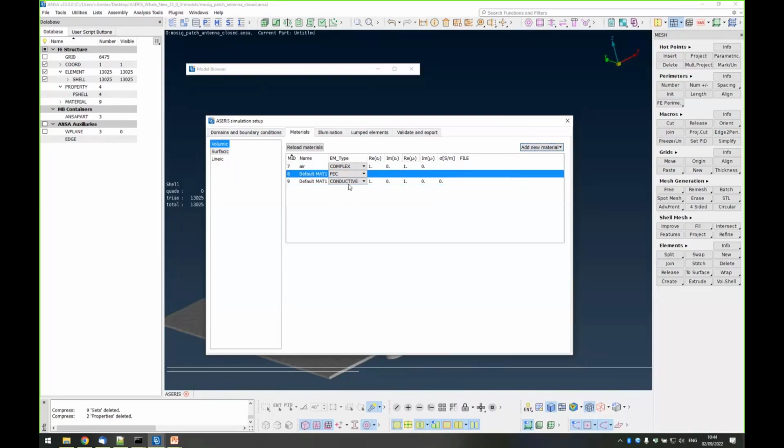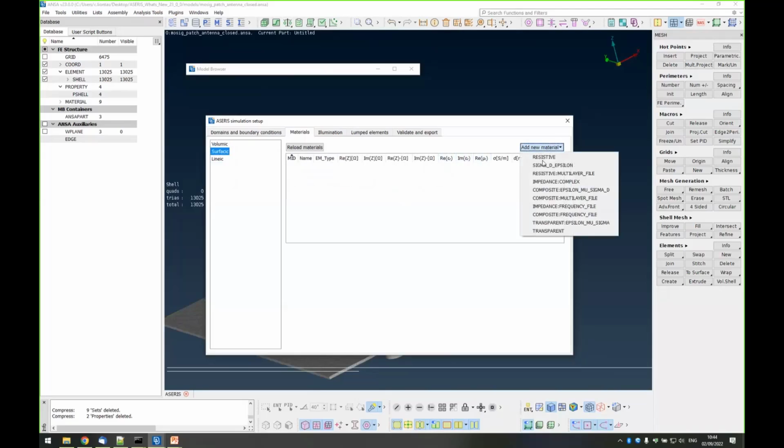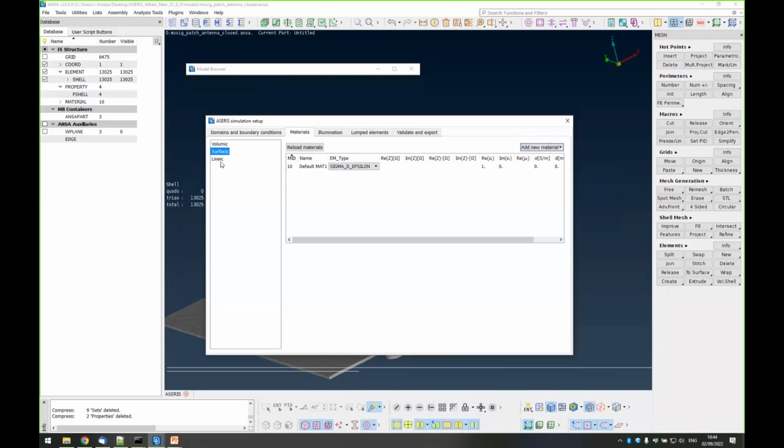If I go to conductive, here you can see that all these five are supported. You can edit them here and here. The same holds for surface materials, where there are many types of materials here, and for linear materials. The same principle. You can change their name, you can change their type and the fields, and all the inactive fields are not filled by anything.